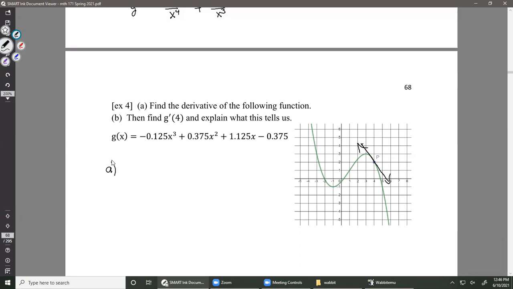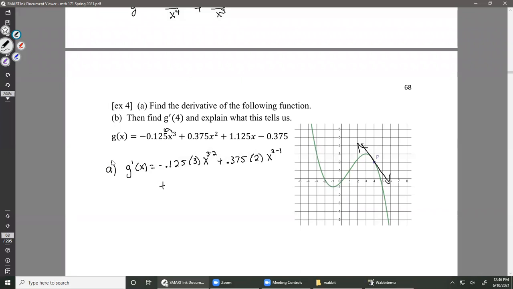So this is just using our exponent rules. We have g prime of x. That 3 can come down, so I have negative 0.125 times 3, x to the 3 minus 2, plus 0.375 times 2, x to the 2 minus 1, and I'm running out of space,